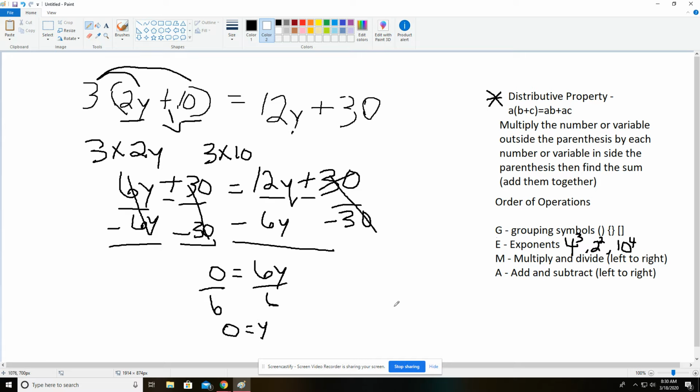Therefore, my answer cannot be correct, because when I multiply 3 times 0, if I do 2 times 0 up here, I'm going to wind up with 0. So 3 times 0 is 0. All I'm going to be left with is 10 on this side, if I multiply